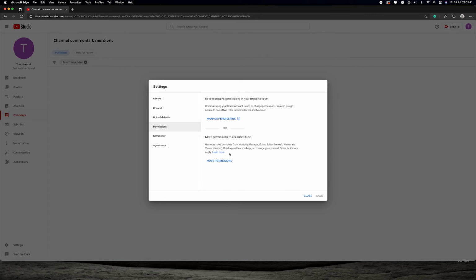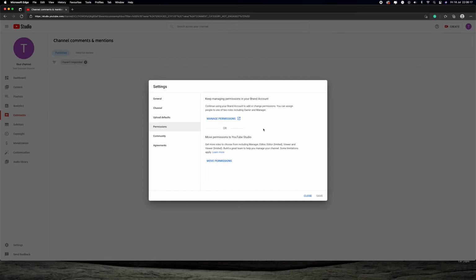If not, you can move your complete settings into this studio itself. You can move this permission, and then you can get an option to go ahead and add here. I would prefer to keep it in the same way default, and instead of moving it to the studio, because that interface is much better, wherein you can actually go ahead and make a person as owner or a manager or just a community manager. But here it gives you a different kind of permission, wherein you can keep them as a viewer, you can keep them as a manager, but not as an owner. So it basically depends based on the type of permission that you want to give.